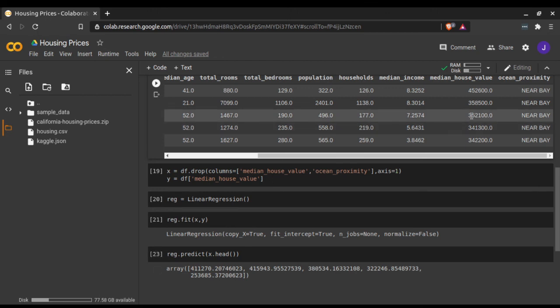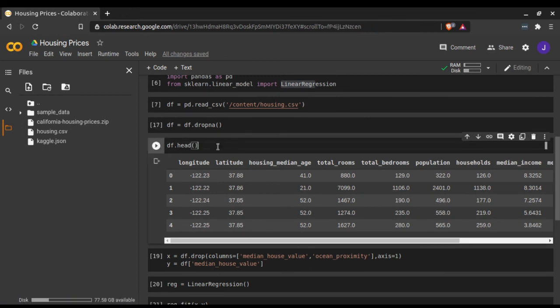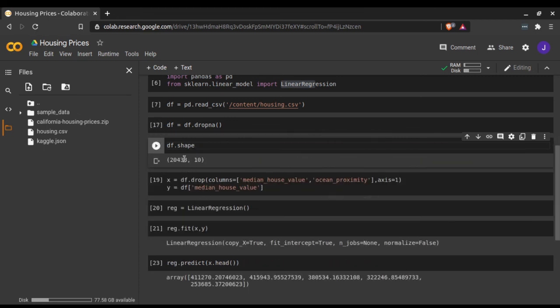Close, but not that much, because we have less data. So this is 380534. Okay, this is pretty close. 322246 is also close, and it is not that much close. For getting an accurate value, we need a larger amount of data. I think this is very small data, just the shape. Okay, so this is 20,000